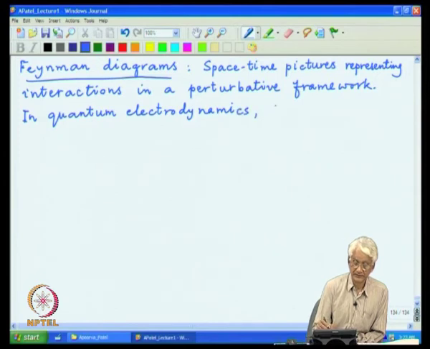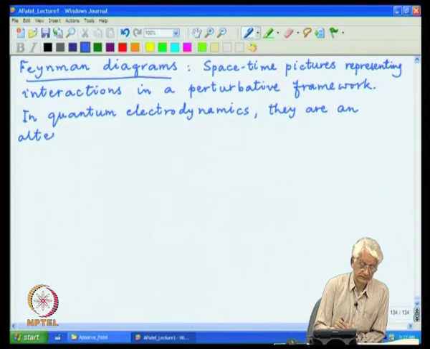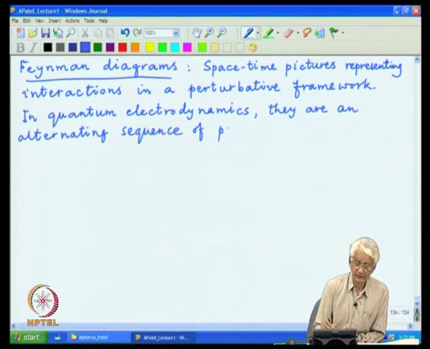So, they are an alternating sequence of propagators and